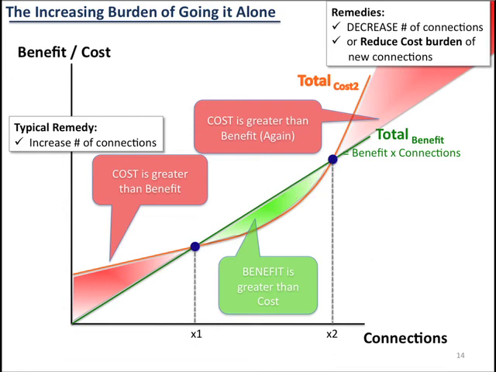But the other thing you can do, too, is to reduce the cost burden. That is, load share, or share some of the burden of creating content every now and then with other people or with other networks, create strategic partnerships. Now, I won't go into the math of it, but as it turns out, this line, the line representing cost, has something called a slope to it. If you can reduce that slope, represented by the cost burden, then what that actually does is it has the effect of pushing that cost line out a little more in the shallow direction, like I'm showing here with that dotted orange line. Some of you that remember your college algebra course will remember the slope curve, right?